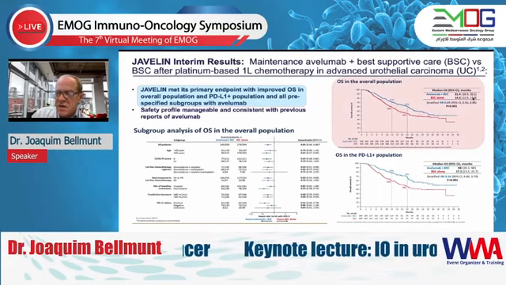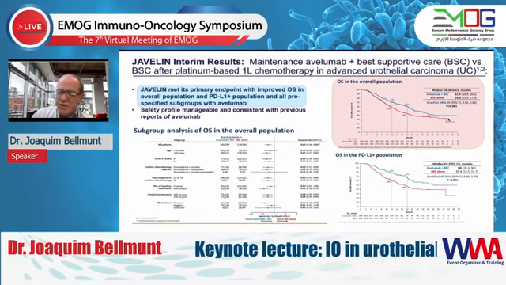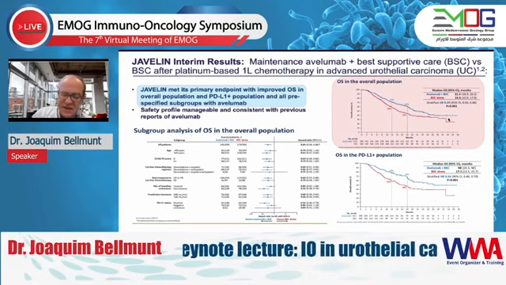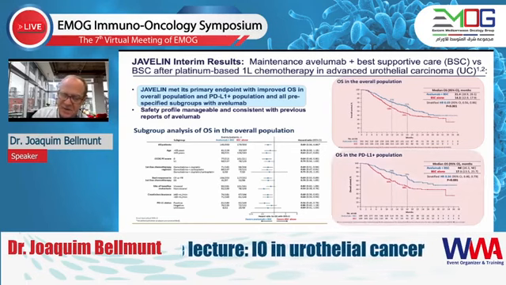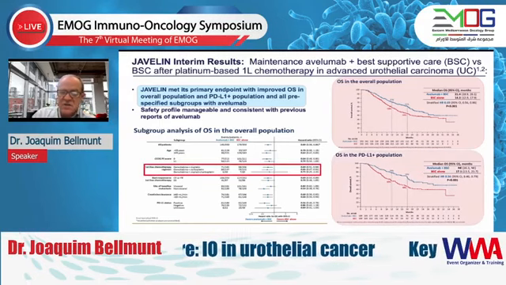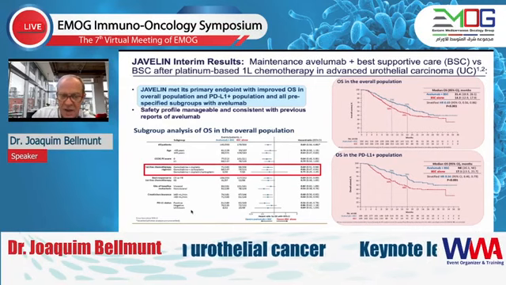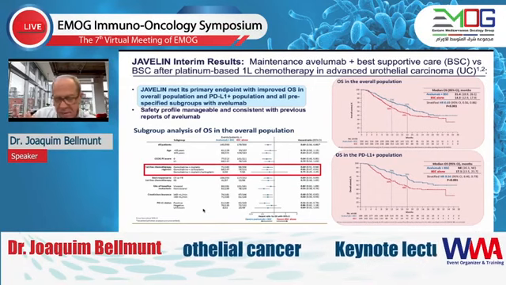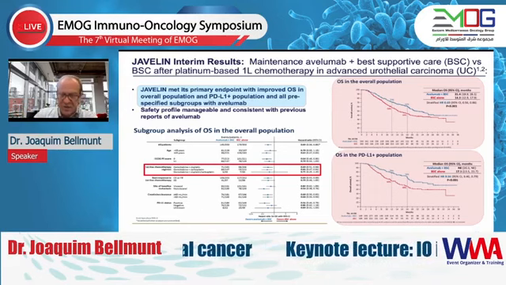So you can see here best supportive care median survival of 14.3 versus 21.4. This 7-month benefit is the biggest magnitude of benefit we have seen in metastatic bladder cancer patients. And also an important thing is that the benefit was seen in patients receiving either carboplatin gemcitabine or cisplatin gemcitabine. So likely the patients receiving cisplatin gemcitabine had a much better outcome than the others, but the benefit was seen